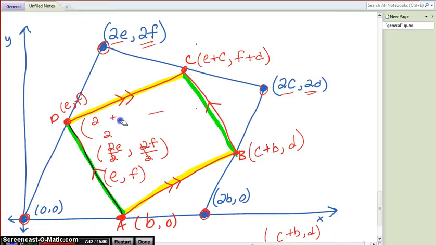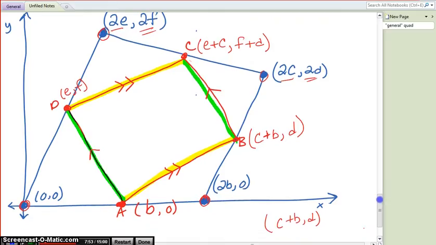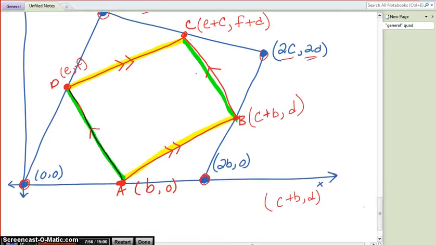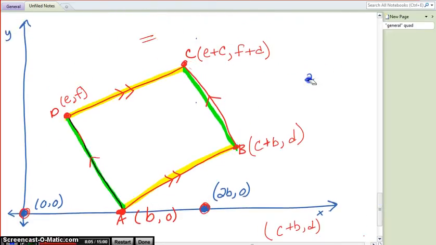Okay, so now that we have coordinates, we can find slopes. If slopes are the same for opposite sides, then we have a proof that no matter how you create an initial quadrilateral, by connecting the midpoints of the sides, you'll always have a parallelogram. So at this point, we can get rid of the first quadrilateral, because now we're just dealing with the one created by the midpoints. So let's take a look at these opposite sides. Let's take a look at DC